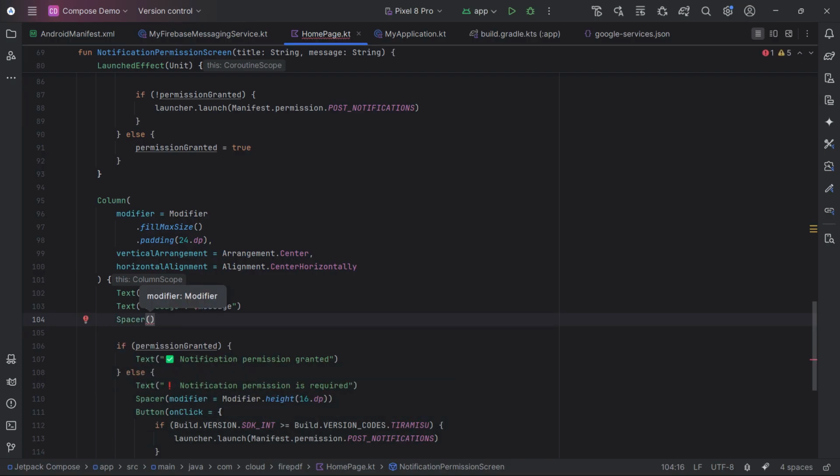Now, our main things are done, like requesting notification permissions, especially for Android 13 Plus, extracting data from the notification and displaying it in the app, handling the intent and extra data to trigger specific actions within the app,